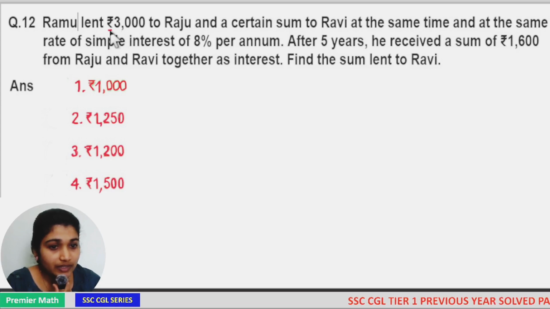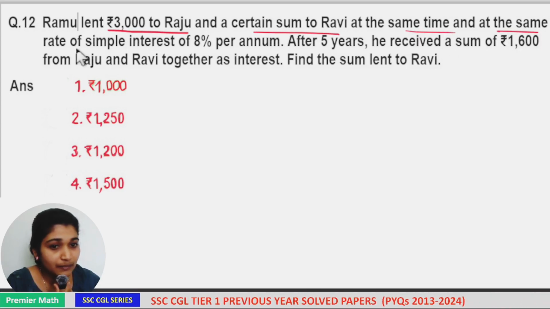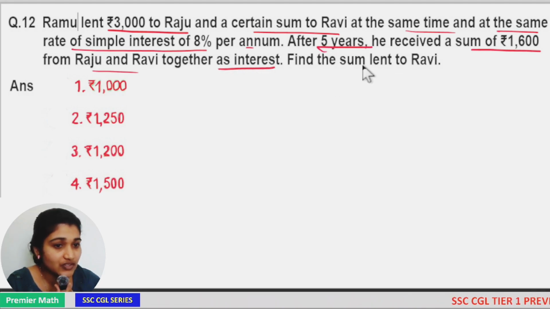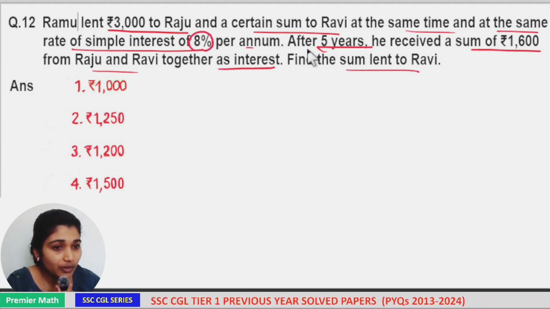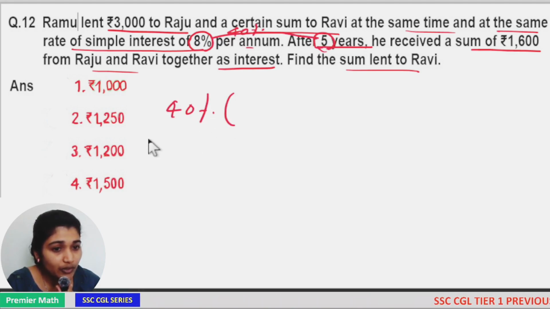Ramu lent 3,000 to Raju and a certain sum to Ravi at the same time and at the same rate of simple interest of 8% per annum. After 5 years, he received a sum of 1,600 from Raju and Ravi together as interest. Find the sum lent to Ravi. Here, for 1 year, interest is 8% of the total principal. Then for 5 years, it is 8 into 5, 40% of the total principal. So 40% of the total principal means 3,000 plus